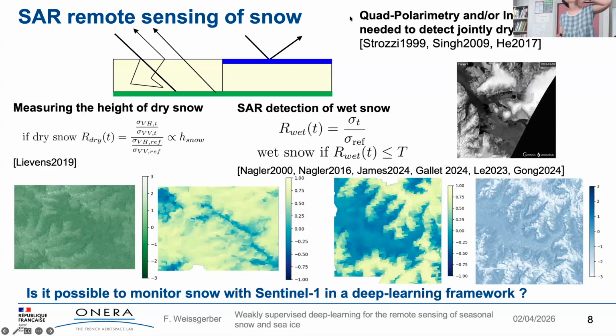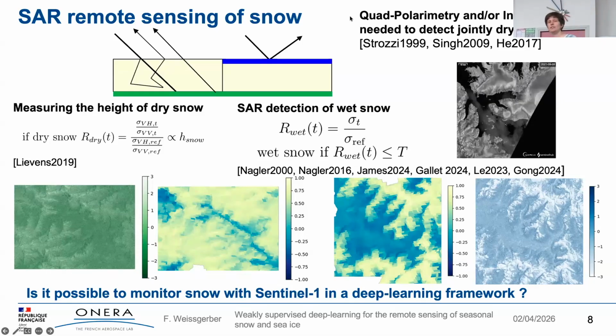So that was a method proposed by Nagler in the year 2000, and that has been used quite a lot. And you can see on this image that when it's in May, you can see the snow pattern, which is really good. So building on that knowledge, we decided to see, okay, so now I am really sorry, but